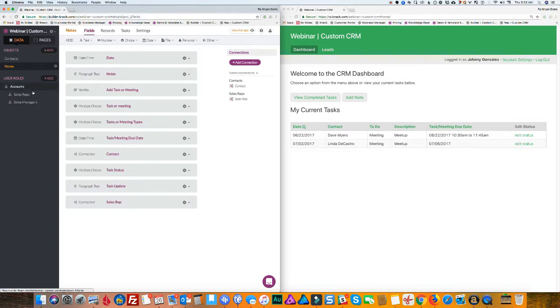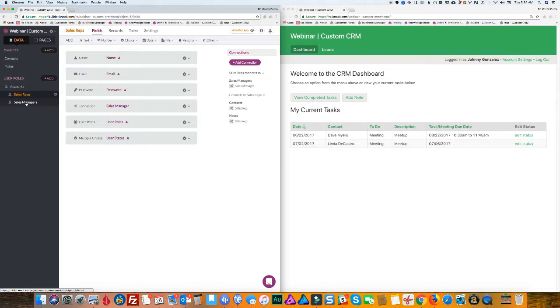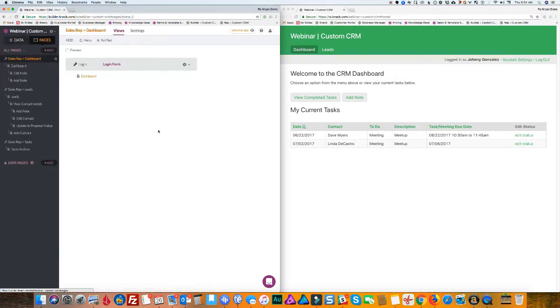So also you will see here we've got our user roles, we've got the sales reps group, and we have our sales managers group. So not going to go into too much detail here again, with the understanding that you guys have a good foundation of objects and user roles, how to get them set up, and again how to make those connections. So moving over to the pages side, where we're going to start building out some of this